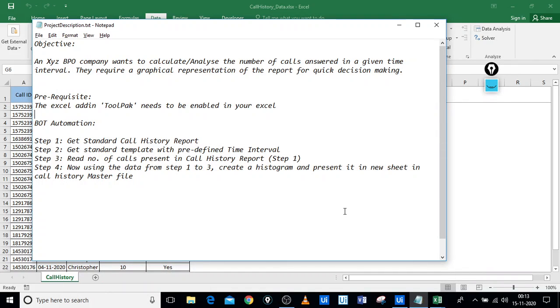Hello friends, in this video we'll see how we can create a histogram in Excel using a UiPath bot. Let's say a BPO company wants to calculate or analyze the number of calls answered in a given time interval, and they require to share it with the management for them to view it very easily and make a